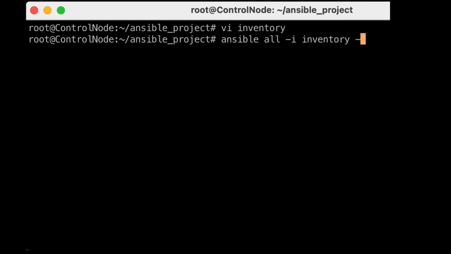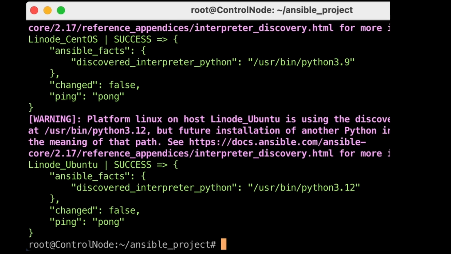So what I'm doing now is just putting in the ad hoc command, which is a quick way to verify, for example, connectivity between two different hosts. And in our case, I'm going to use the ping module, which is like a predefined software package that we can use to build our Ansible scripts. And we can see that the connectivity was successful because both machines replied to our ping with success, and that means that we now have access to the control node,